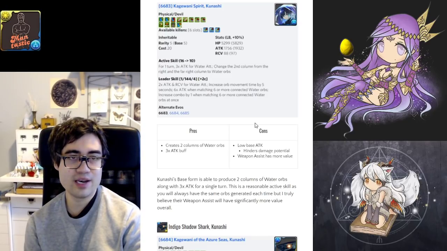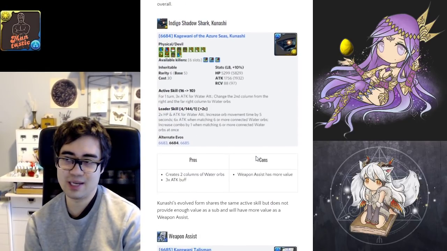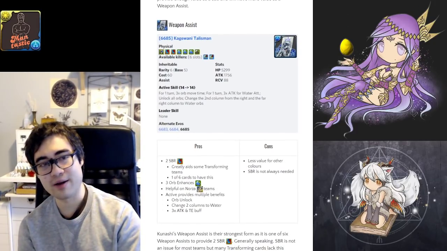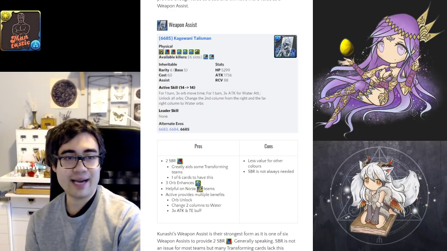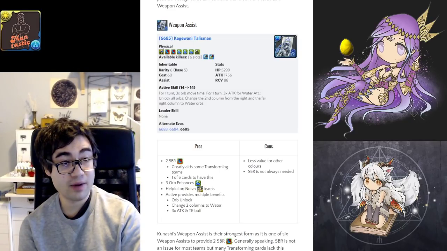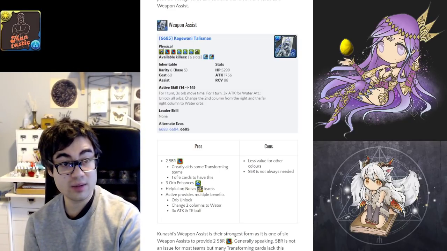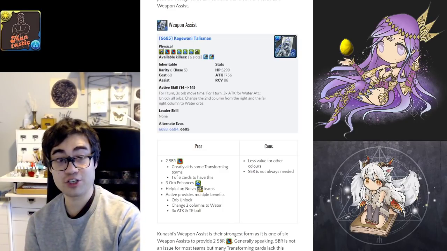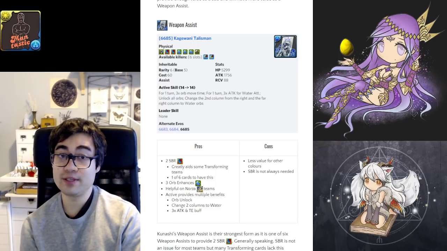Like, it's not providing enough value to justify using them as a sub compared to other options. But their weapon assist is quite exciting, because it's got 2 skill bind resist, 3 enhanced water orbs, and an active skill that gives you an attack buff, a movement time buff, unlocking the board, and getting a column, or 2 columns, I should say, of water orbs. So useful active skill if it does charge up,